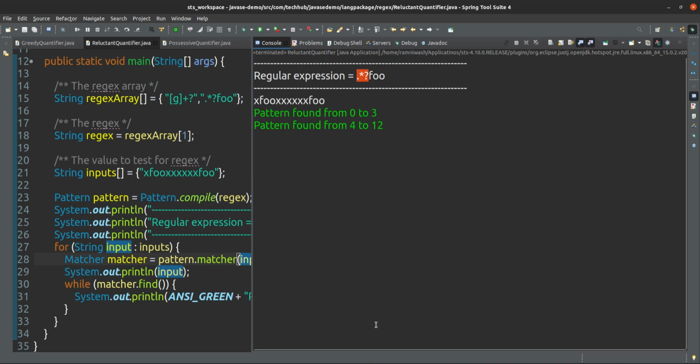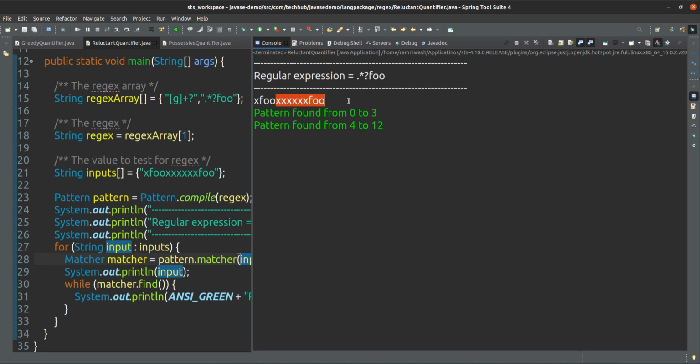Star means 0, 1, or more, but I'm expecting it to consume the first occurrence. The first occurrence is this one, from 0 to 3, and the next one is 4 to 12, this one.